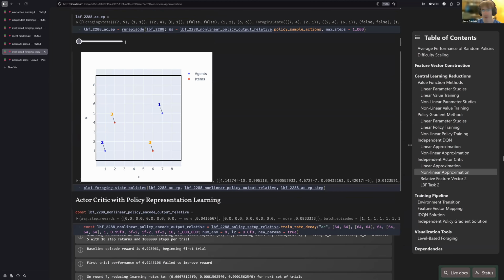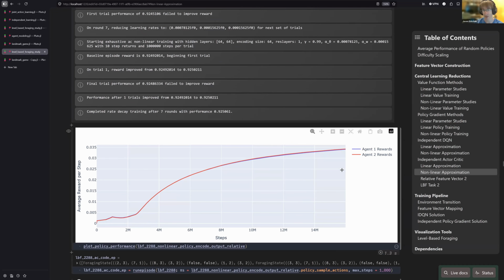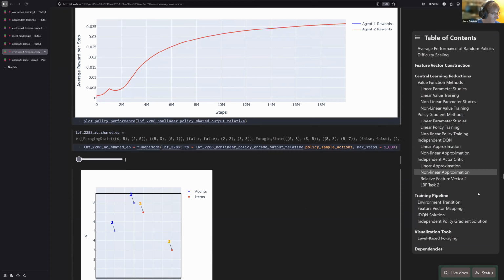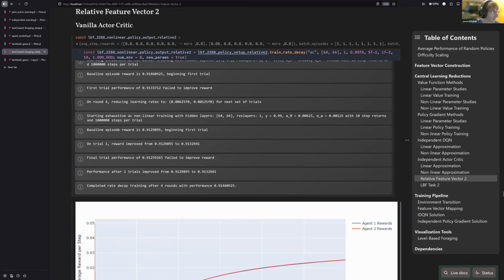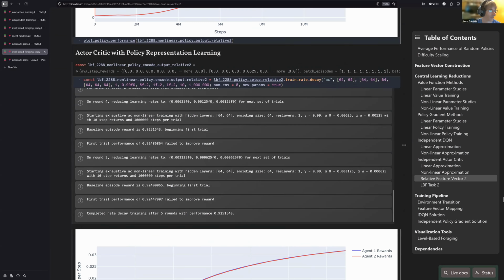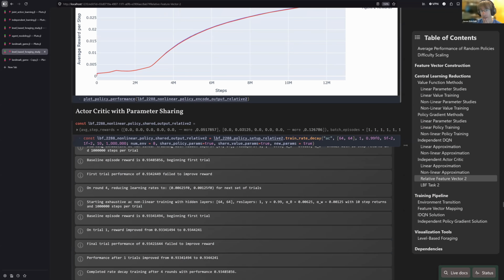If they were oscillating a lot up and down between each other, then the summed learning curve might not be useful at all. But in this case, we can see that it is a pretty good proxy for the overall performance of both agents. Now, if we look at the second feature vector, the one that encodes the level information